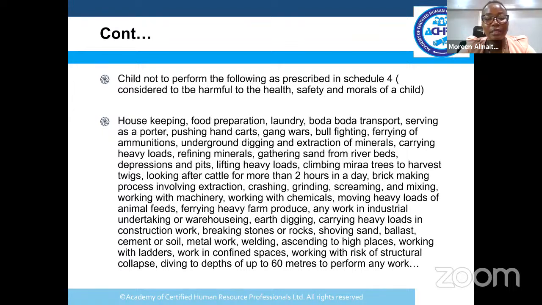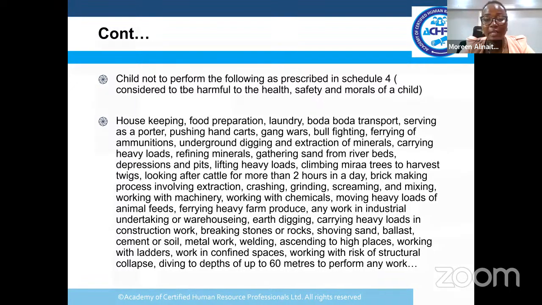All right, working with machineries, working with chemicals, moving heavy loads of animal feeds, ferrying heavy farm produce, any work in industrial undertaking or warehousing, earth digging, carrying heavy loads in construction works, breaking stones, rocks, shoveling sand, ballast, cement, or soil, metal works, welding, ascending to high places, working with ladders, work in confined spaces, working with risk of structural collapse, diving to depths of up to 60 meters to perform any work,